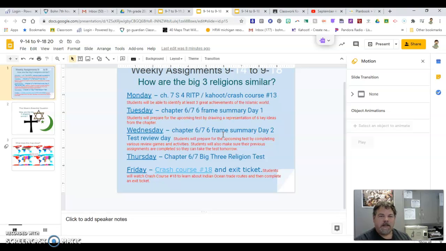Also on Wednesday, don't forget, you've got to make sure you have all of your homework done up to that point. So all of the RITP section stuff. That's 6.1, 6.2, 7.1, 7.2, the 7.3 chart, and 7.4 RITP. Those will all have to be done and passing before you can take the test on Thursday. So if you're getting a little bit behind, if you've decided that you didn't feel like turning in RITPs, or you only answered a couple of questions on them and didn't pass, make sure that you're getting those done.